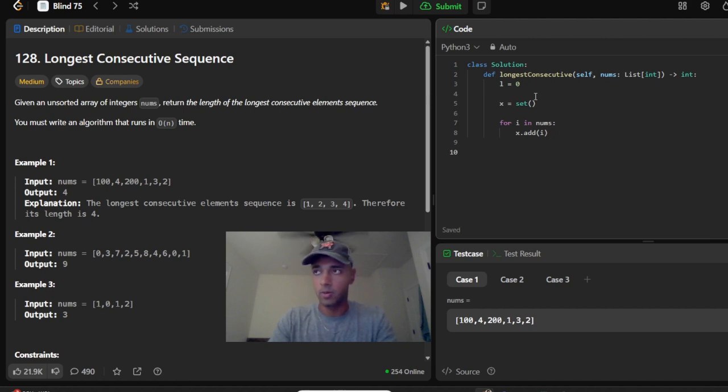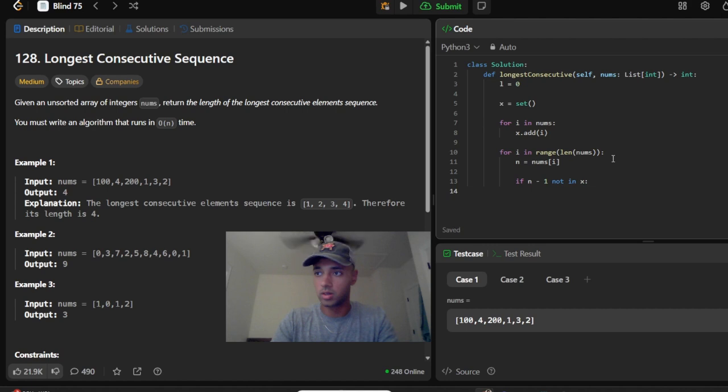And now, for i in range length of nums, so we're going to do this for every single number, we're going to say n equals nums at i. If n minus 1 in x, continue. Oh, okay, if n minus 1 is not in x, so this is a starting number,